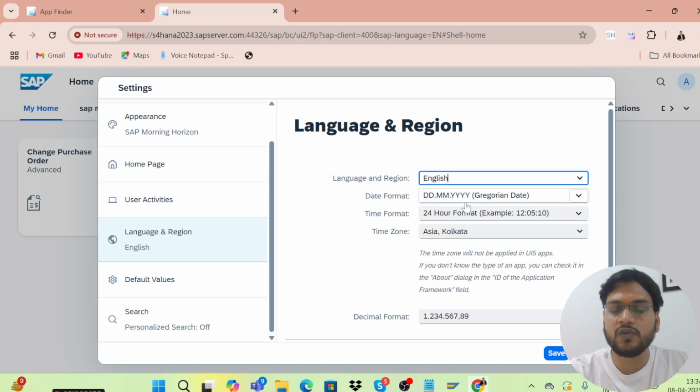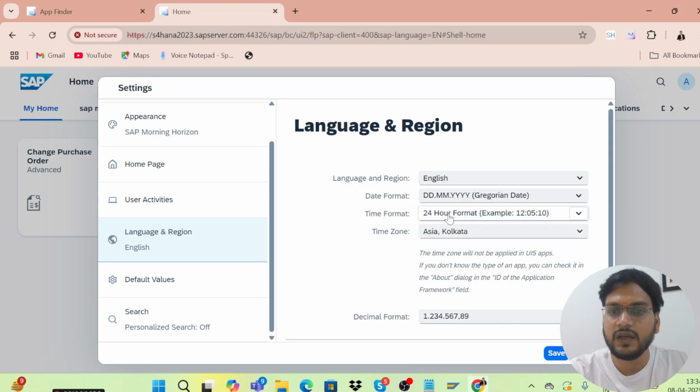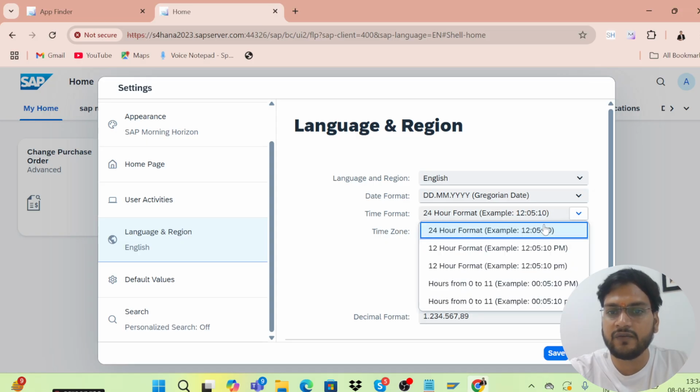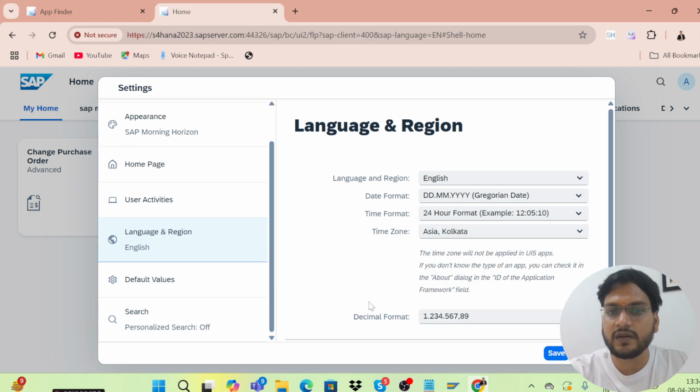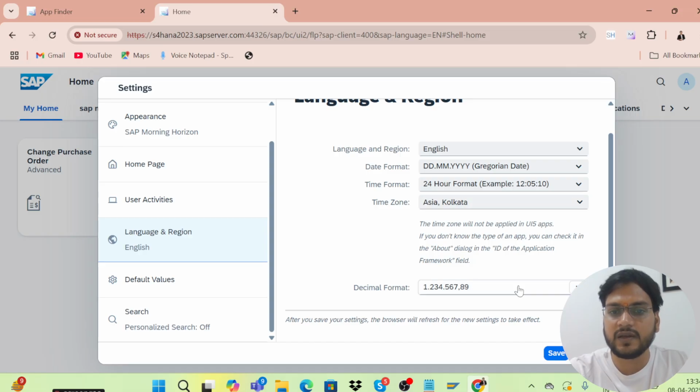Right? If I just want to make the changes in language, I can make the changes, but I'm keeping that English. If I just want to make the changes in date format, I can make the changes. Right now it's like that Gregorian date format, like date, month, year. But if you want to change that, that also you can do from here itself. And if you want to make this time format 24 hours or 12-hour time format, that also you can do from here. If you want to make the changes in time zone, you can do, but right now we are in India, so that's Asia, Kolkata. So whatever your country is there, it will reflect as per that. If not, you can change from here.